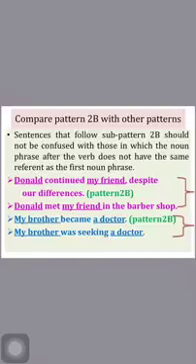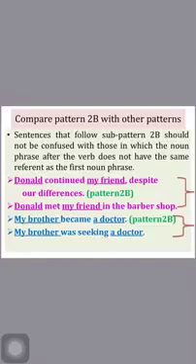My brother became a doctor. This means my brother is the doctor. Okay? Is the doctor. So that's to say my brother and doctor, the two noun phrases, mean the same person. Whether I say my brother, I mean the doctor, or I say the doctor, I mean my brother. So noun phrase 1, NP1, linking verb, NP1. So NP1, the subject my brother, linking verb became, NP1, the second NP, that's to say the subjective complement,